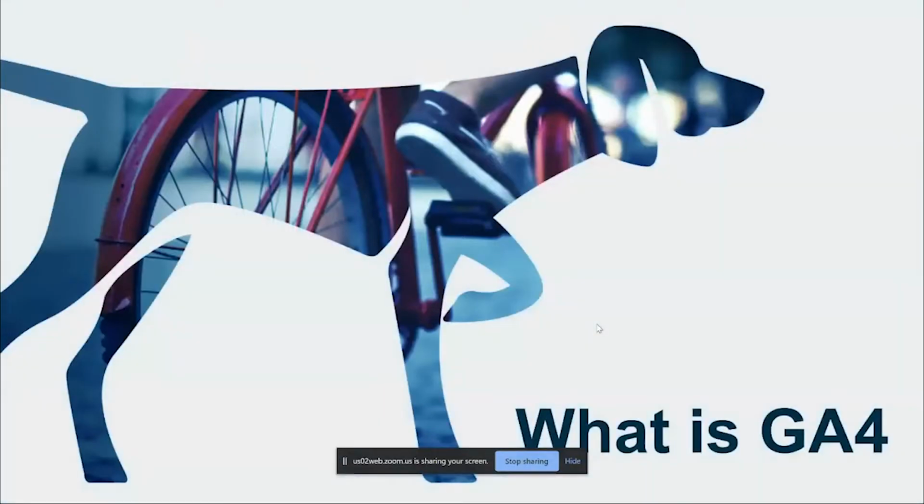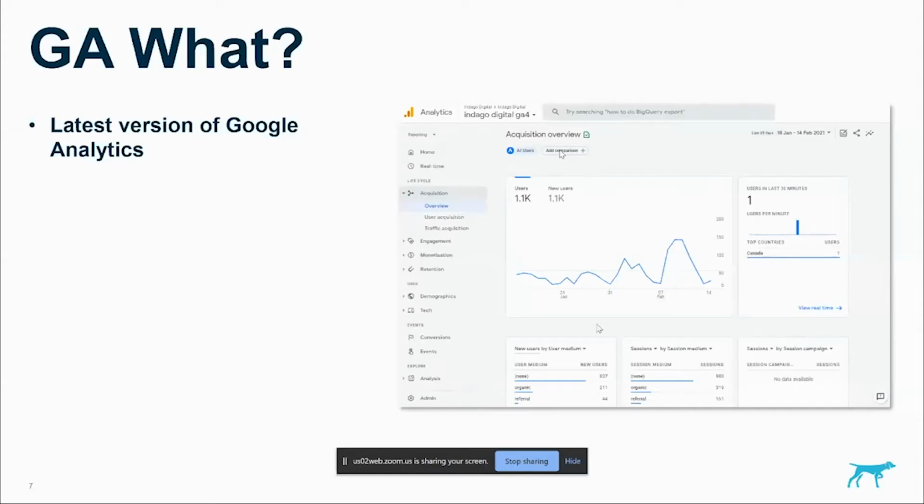All right, let's talk about GA4. First up, what is GA4? Well, it's the latest version of Google Analytics that was launched in October last year. For those who keep abreast with the analytics news,